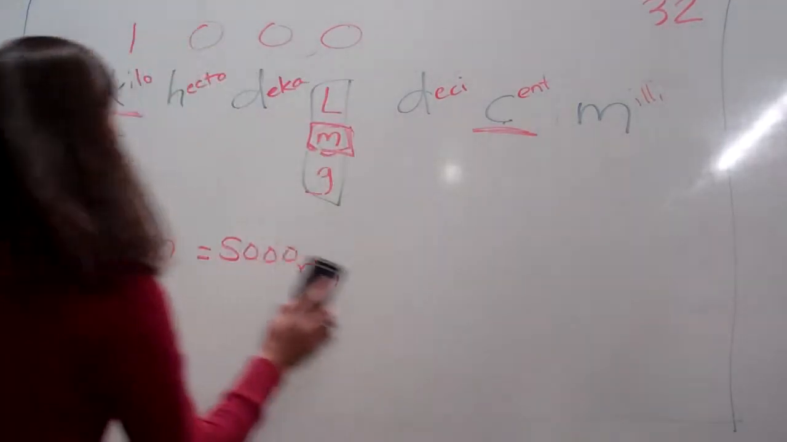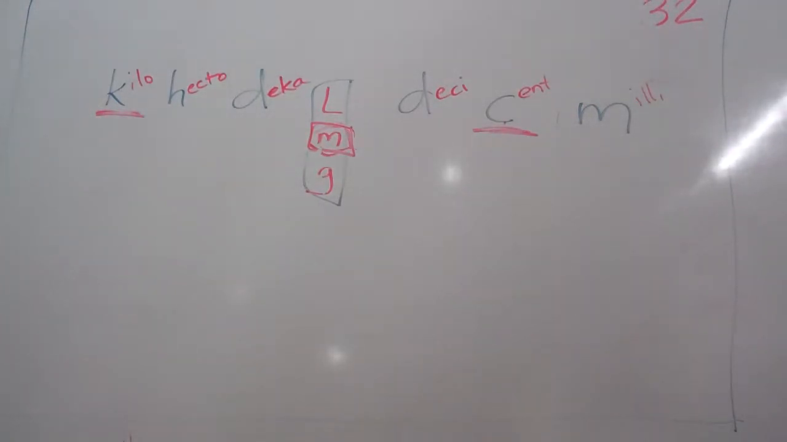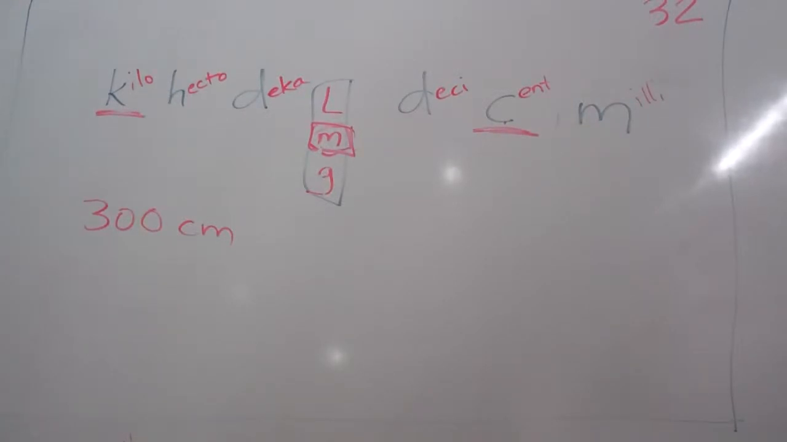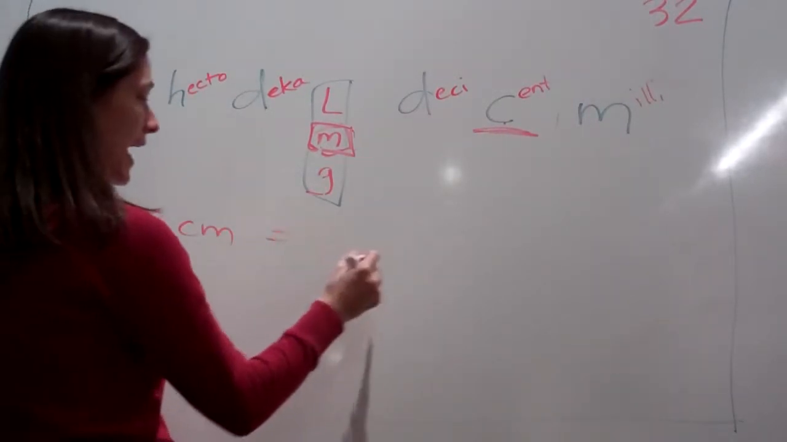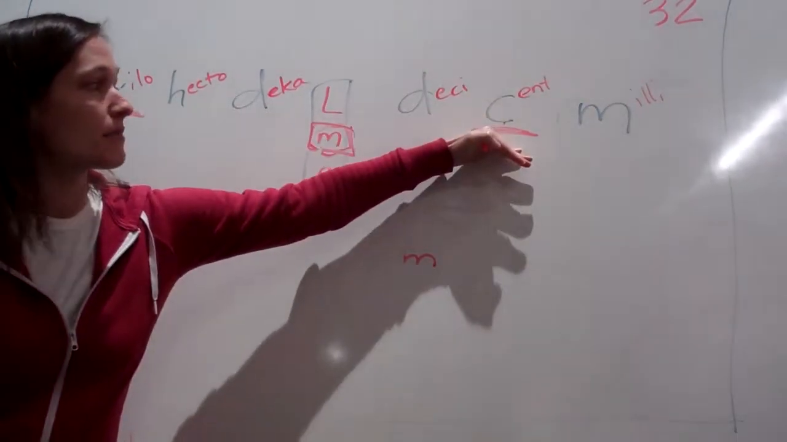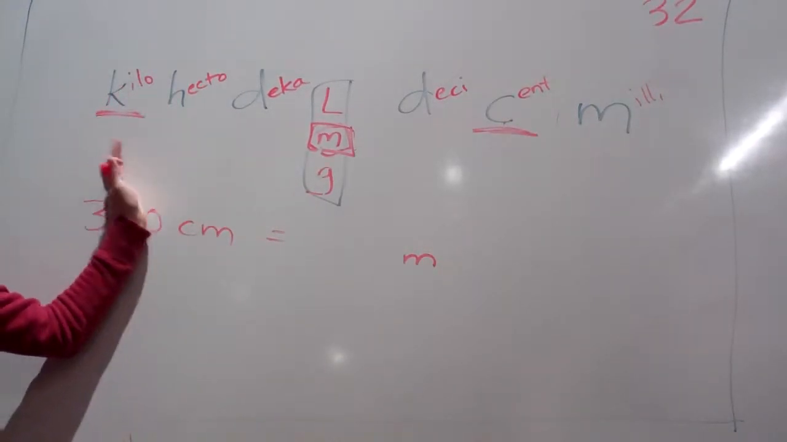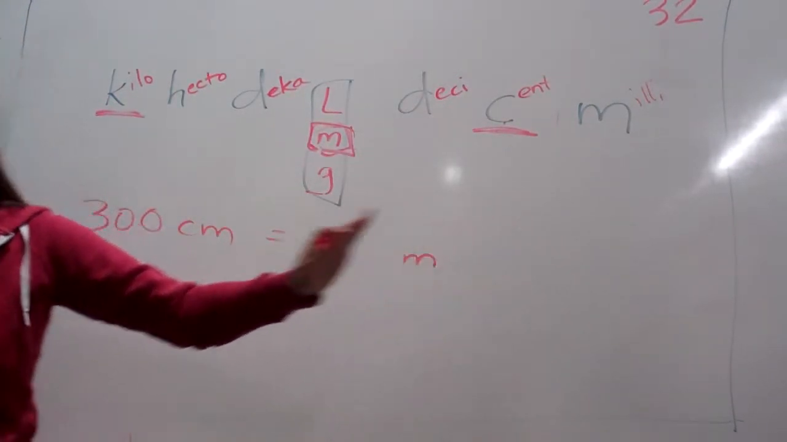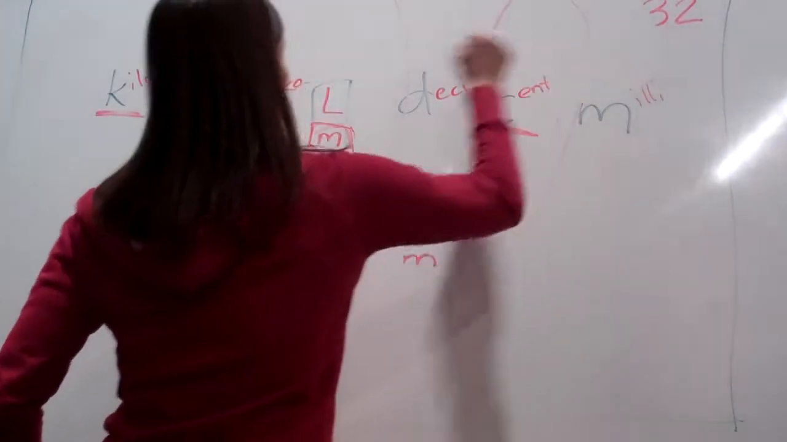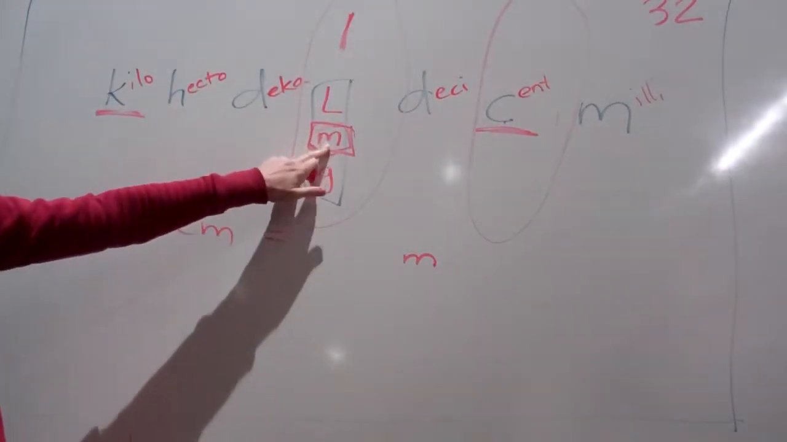Okay, now, then it says this. And this is where it can get confusing, so I want you to really pay attention. Here's what it tells me. 300 centimeters is how many meters? Stay with me. They're going from centimeters to meters. But what did I tell you to do? Always go from left to right. So we're looking at this, centimeters and meters. So I'm going to put my 1 here. So 1 meter